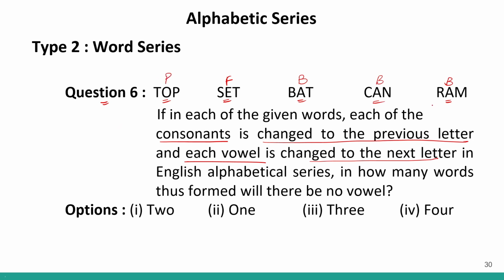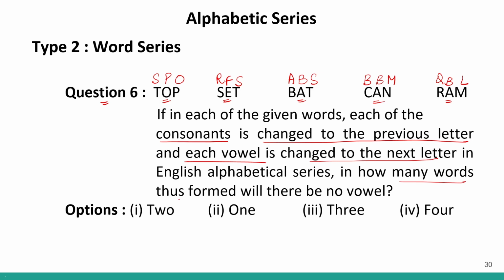And for the rest, the consonants, we have to move them to the previous one. So before T we have S, before P we have O, R, S, A, and before T S, before this B, before M we have M, N we have M, Q and L. So these will be the words after rearrangement, correct?